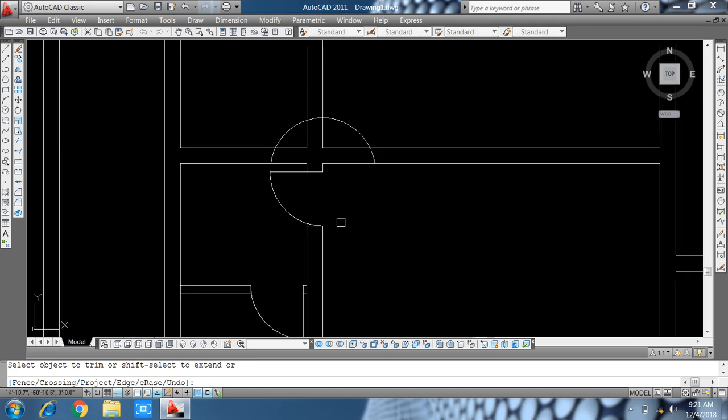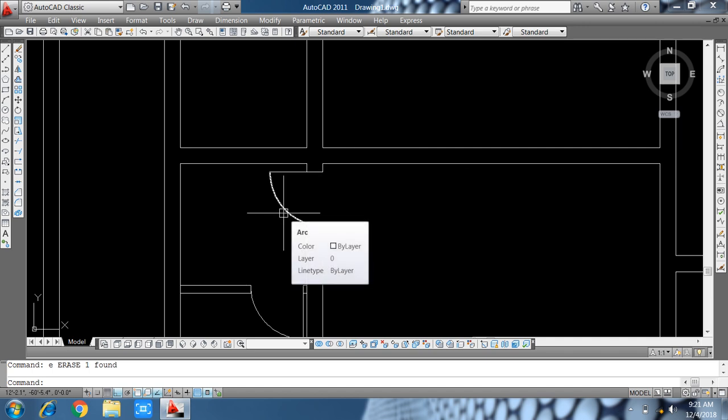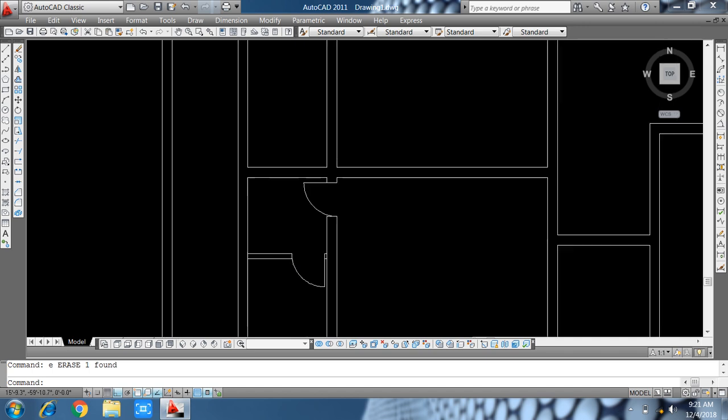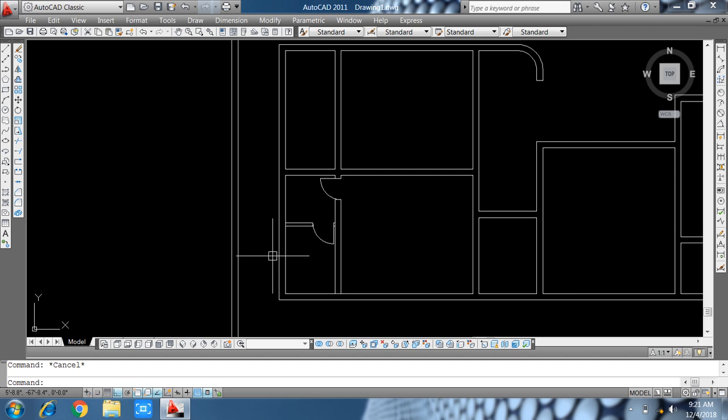2 feet 6 inch. So I make an extra line, offset 2 feet 6 inch, and now offset 3 feet, and delete this line.